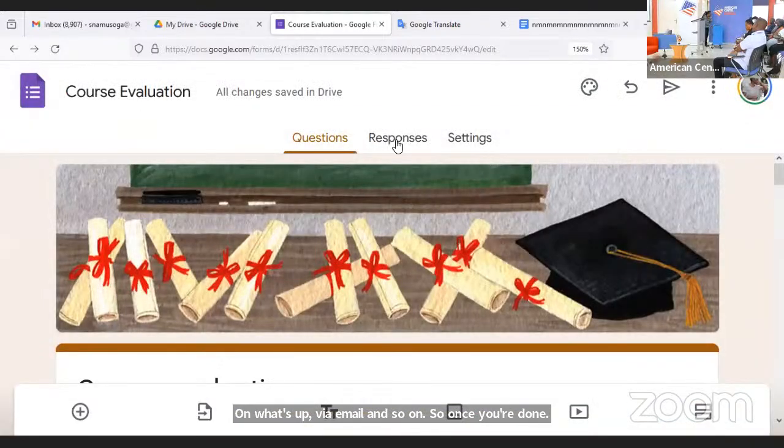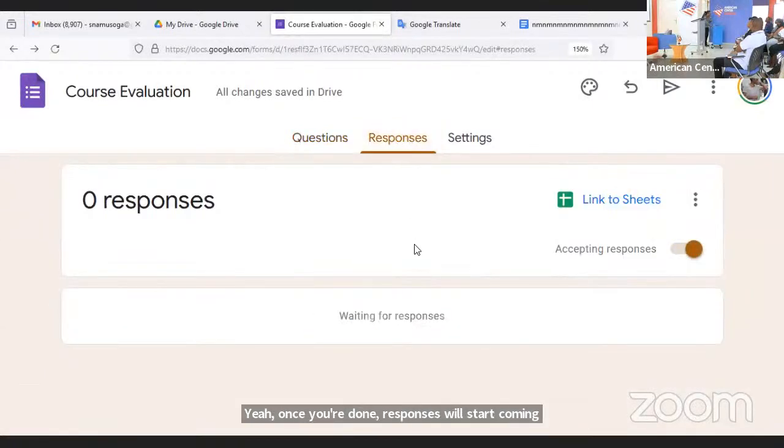Once you're done, responses will start coming in and we'll see them appear here. Okay? So I'll ask you to experiment later on your own, just to see how it works and how to work with